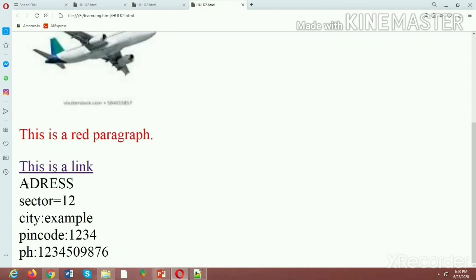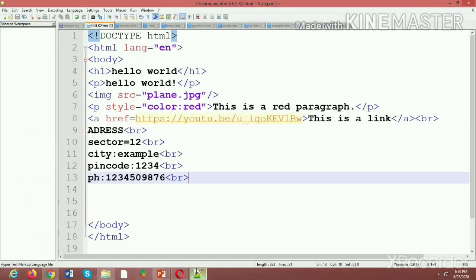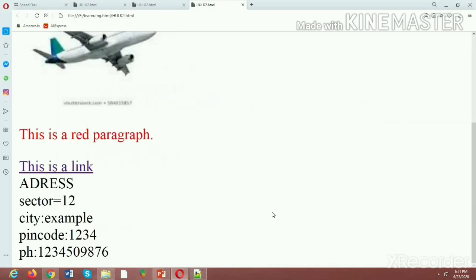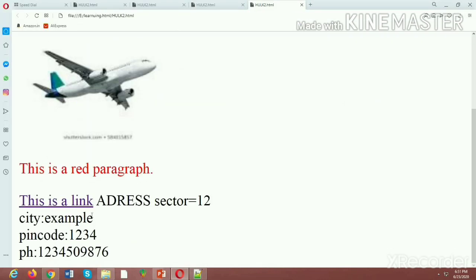As you can see guys, this text is broken and it is not merged in a single line. I'll remove the br tag here to show you what will happen if I don't add it. As you can see guys, the link and the address are merged, and the address and sector are also merged with this link, if I don't add the br tag.